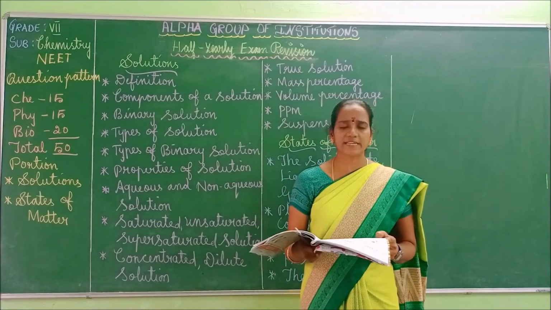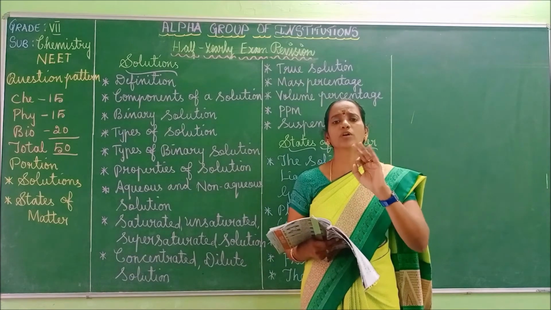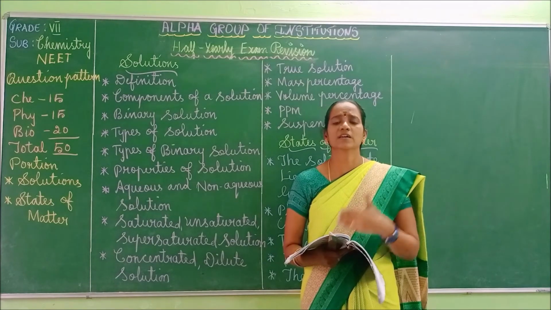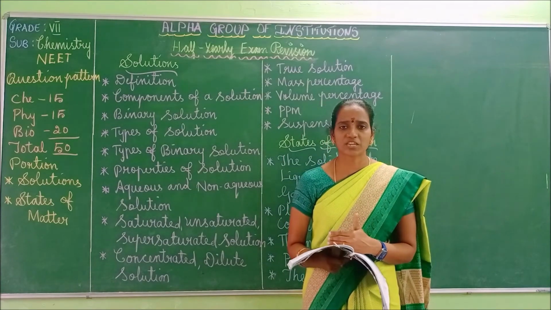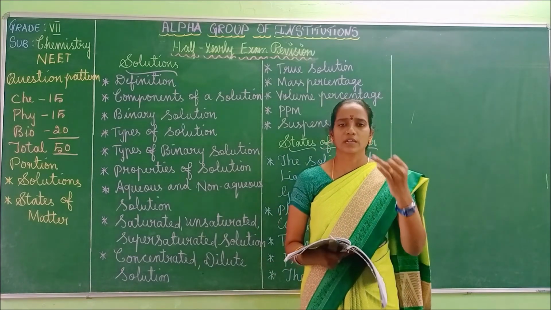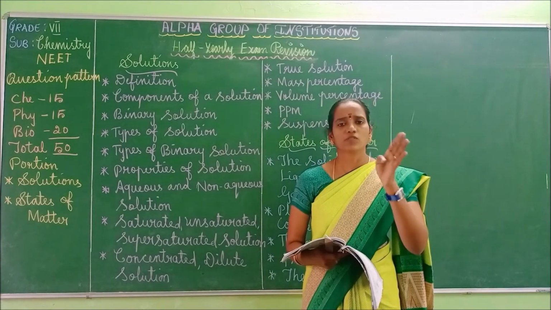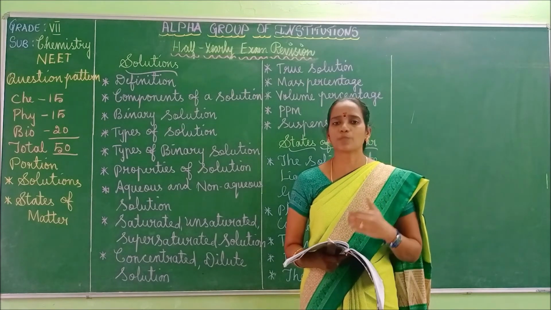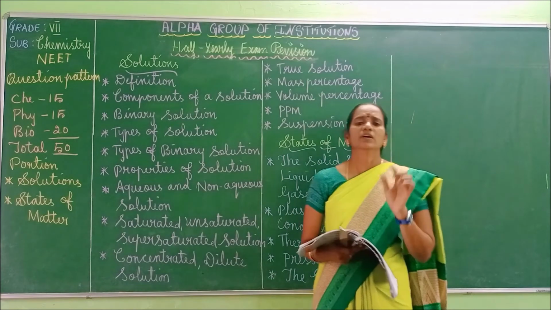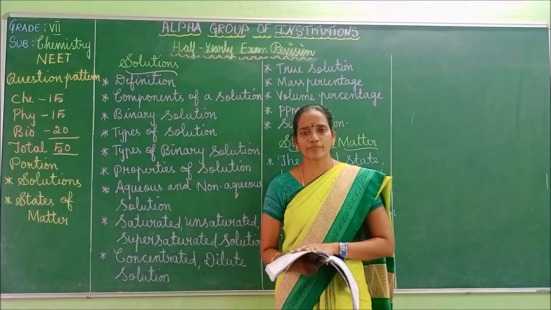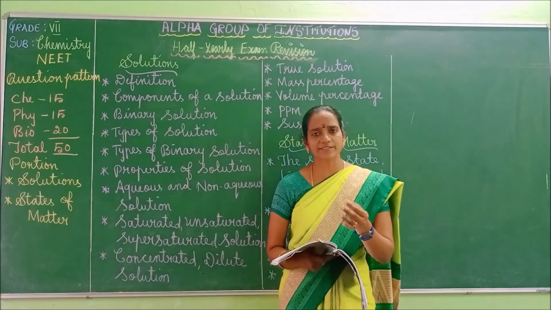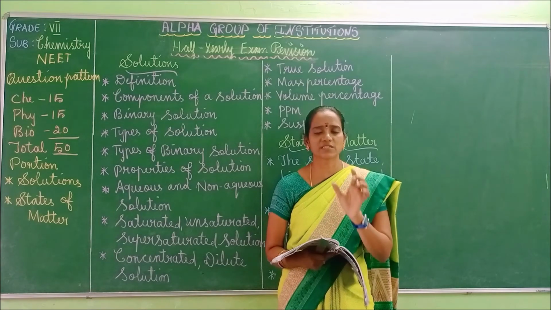Next one, two more states of matter. Already you know very well about three states of matter: solids, liquids and gases. Apart from these three states, the fourth state is the plasma state. The dash is the fourth state of matter: solid, liquid, gas, plasma. What will be your answer? The answer is plasma. Plasma is the fourth state of matter. Next question, dash is the fifth state of matter: solid, liquid, plasma, Bose-Einstein condensate. So the answer is Bose-Einstein condensate.